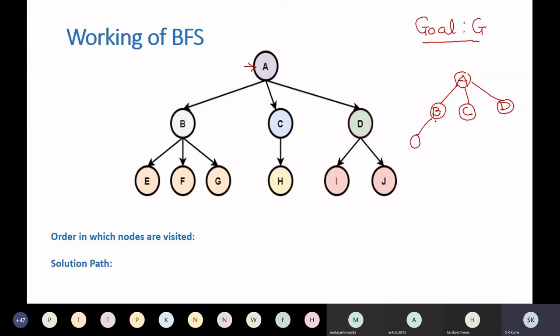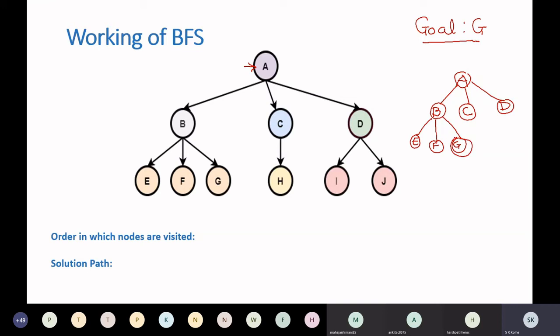After exploring B, you will get E, F and G. Then it will explore C as well as D. Then it will check E, F and G is a goal. So the algorithm will terminate here. The order in which nodes are visited will be A, B, C, D, E, F and G.